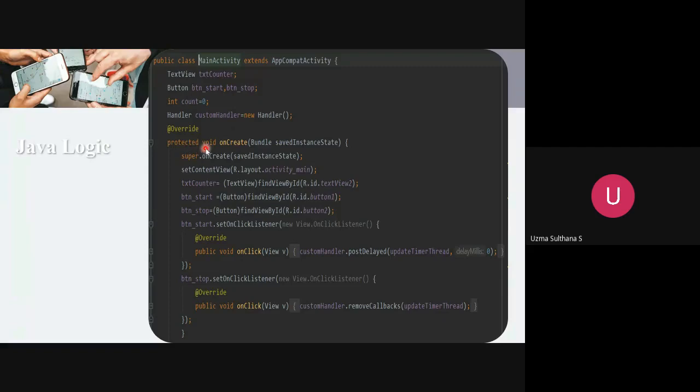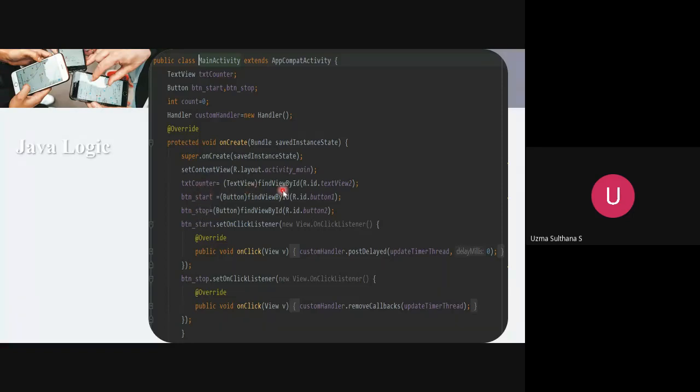And we have a protected void onCreate method which is auto generated, because in the activity lifecycle we have seen the first methods called: onCreate, then onStart, onResume, back to back. So we are going to modify the onCreate method. These three lines are normal. We are not going to change anything in these three lines, and inside this we are going to initialize the already declared reference variables. So we have one, two, three reference variables. I am going to use those reference variables here.